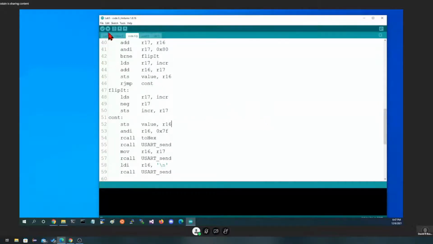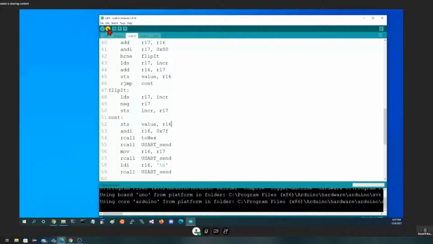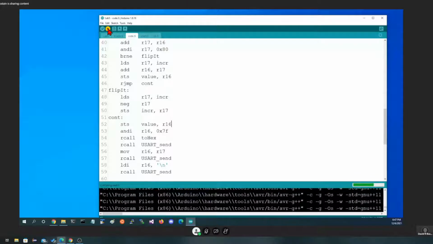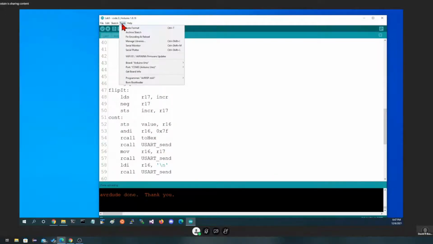So if we run this, actually we need to load it, so we can load it into our device. And you look at your device, you should see that our light is off, but the light next to it is on pretty solid. That's one of the lights on our box, which is, remember, we're sending data, and we're sending it almost constantly. To see what we're sending, we can go to Tools, Serial Monitor,